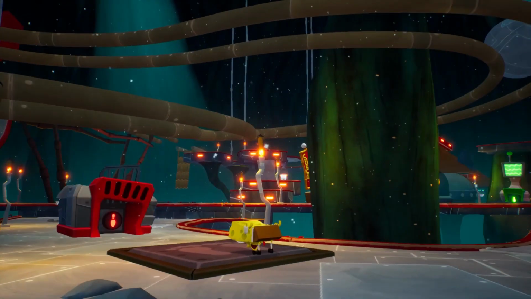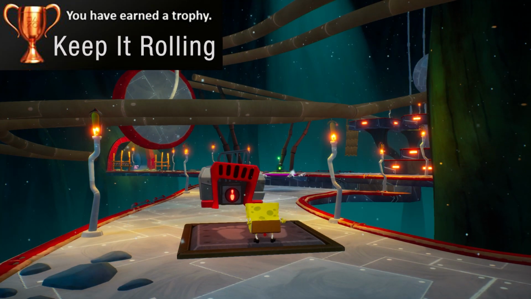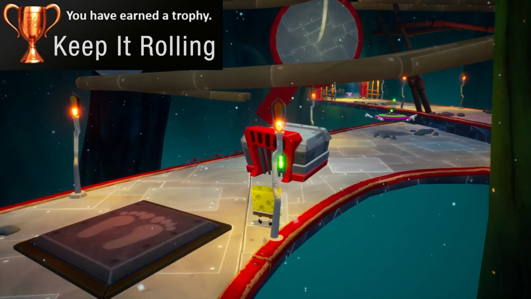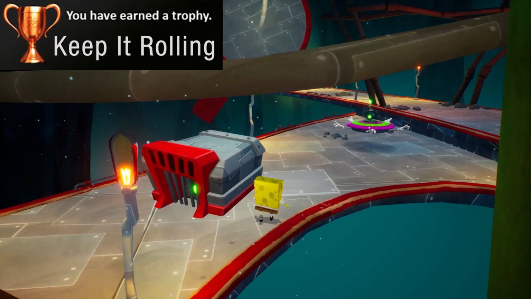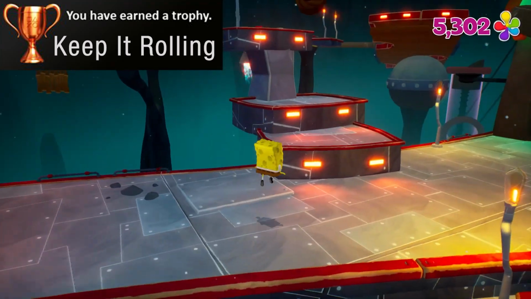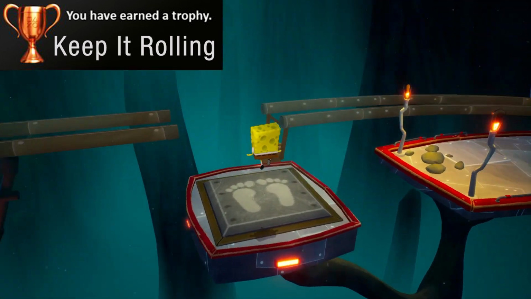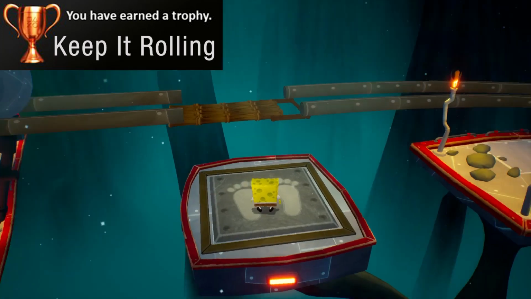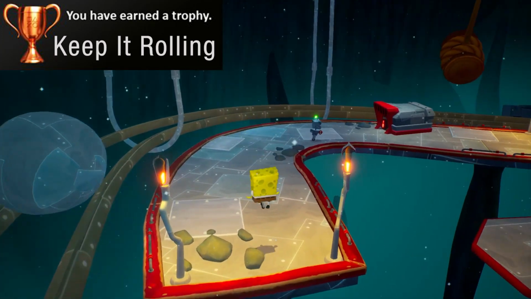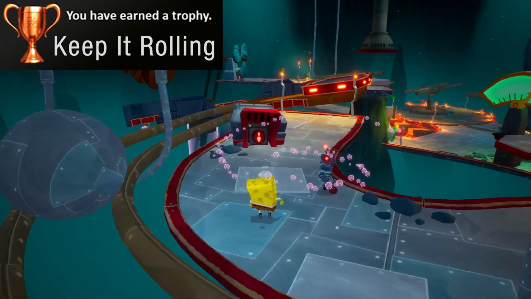There are 2 trophies we can grab here, and the first one is called Keep It Rolling for figuring out this annoying ball puzzle. This ball puzzle took me a ton of tries to do. You have to guide the ball through its path, activating switches at the right time using your new bubble bowling power-up. The problem is you can't just hit the switches whenever you want. You have to hit them at the right time so the ball doesn't fall off the track, because these damn